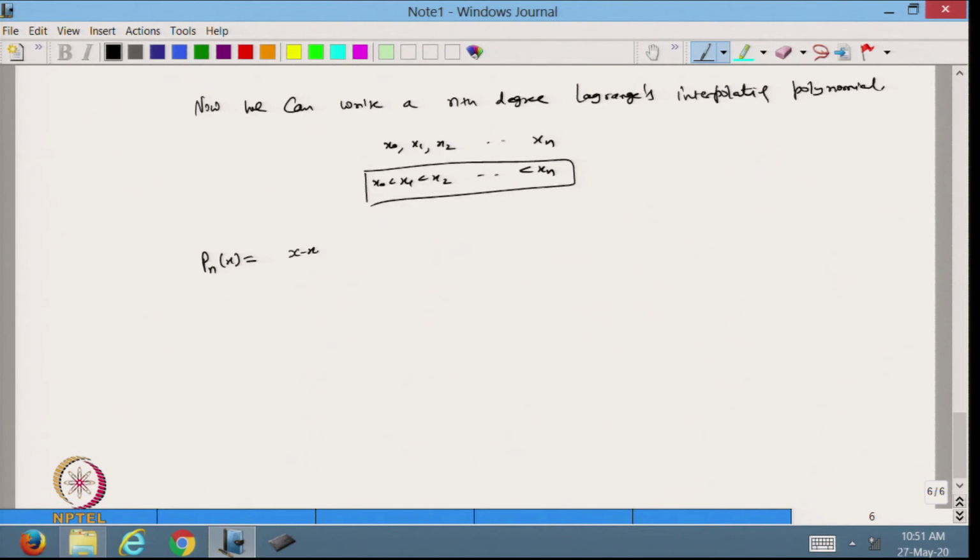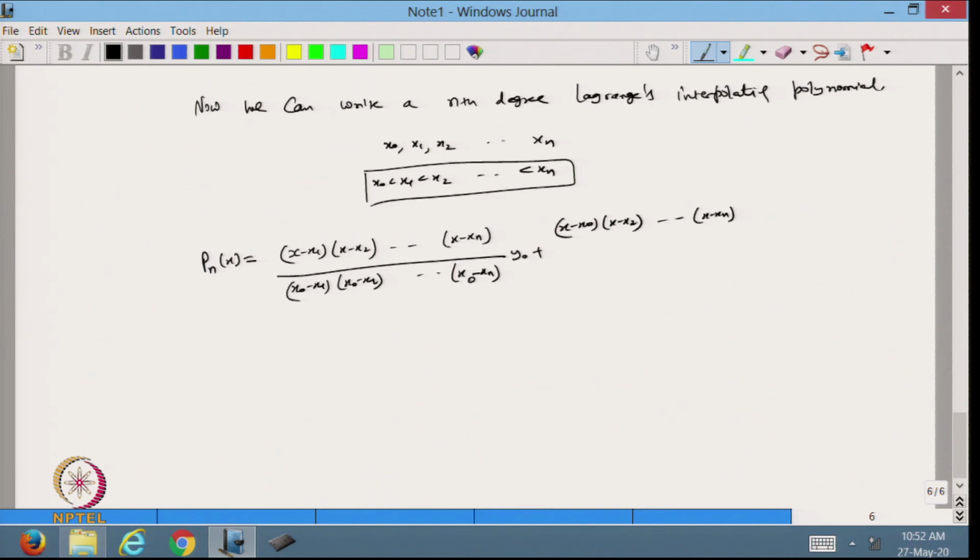So I will write x minus x1, x minus x2, up to x minus xn divided by x0 minus x1, x0 minus x2, and in the end x0 minus xn, times y0, plus x minus x0, x minus x2 up to x minus xn divided by x1 minus x0, x1 minus x2 up to x1 minus xn, times y1, plus